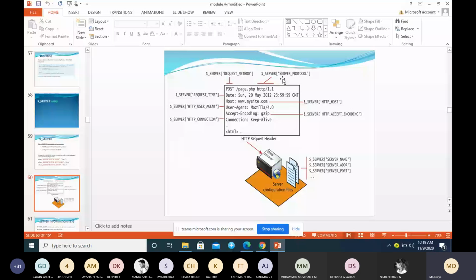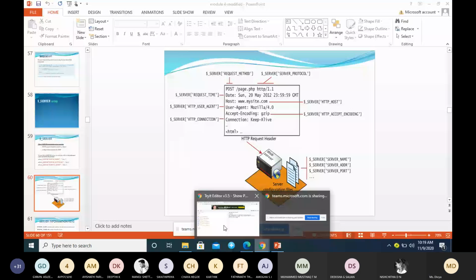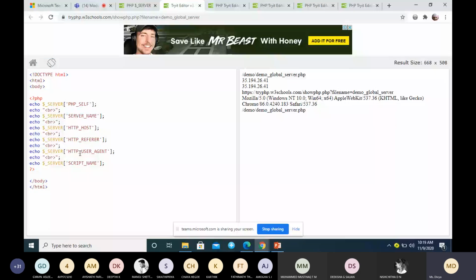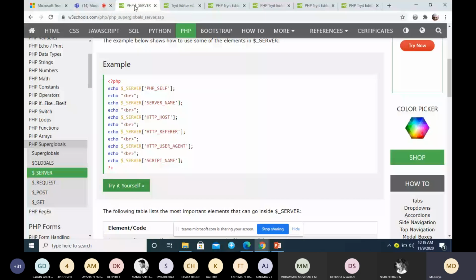Not only restricted to these array names, we have a lengthy array which has several entries. You can see here, so many array codes are there.